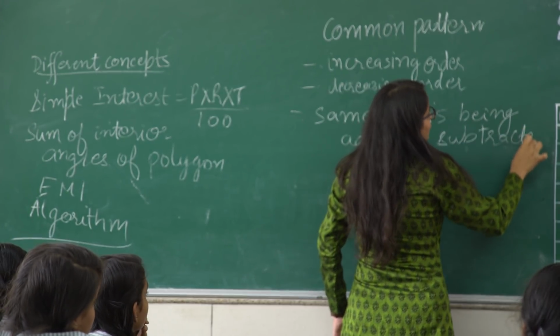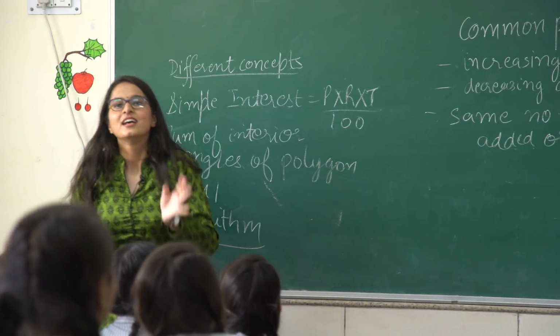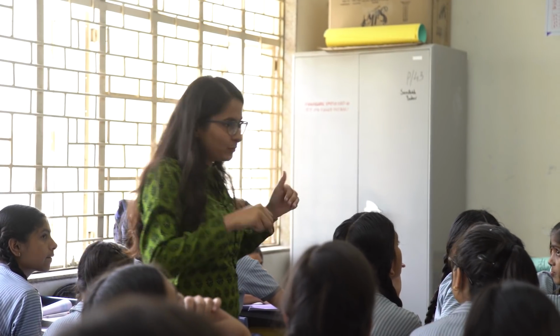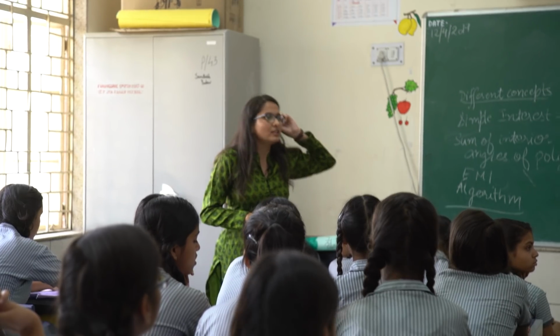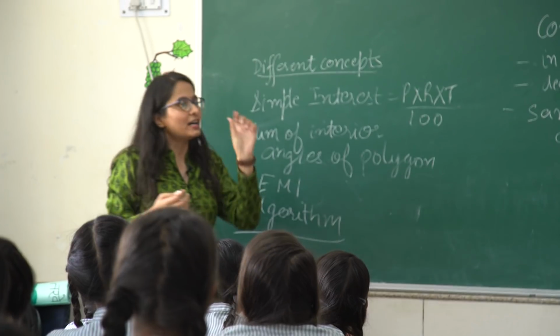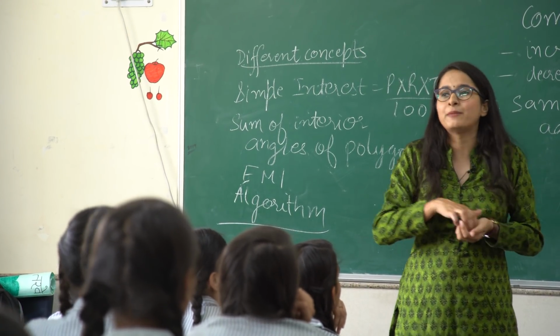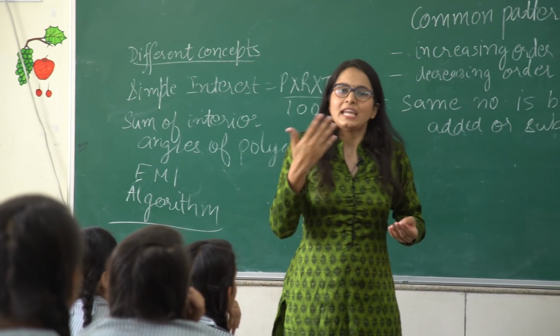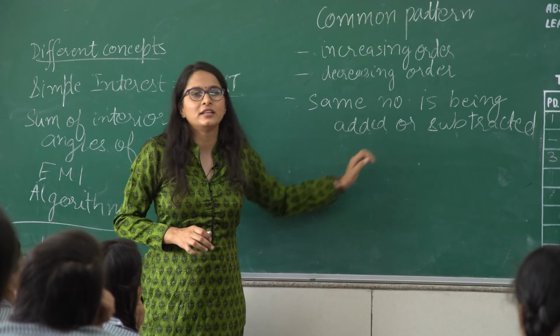So great girls, you have figured out what an AP is. This is an AP. Yes, all the sequences that we made in this worksheet or in the first question are called an arithmetic progression. And whatever you told me is the definition of an AP. Arithmetic stands for numbers because this series is made up of numbers, and progression in English means to increase, but here it can either increase or decrease.